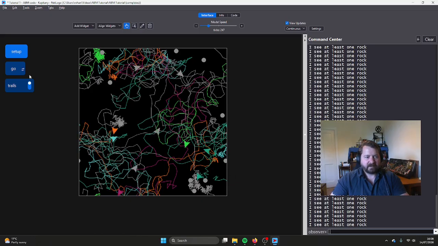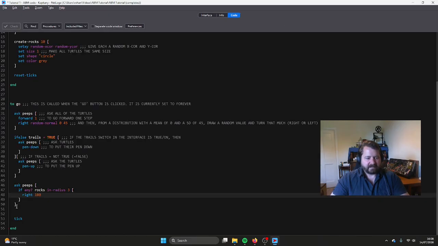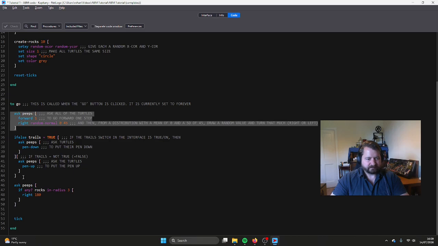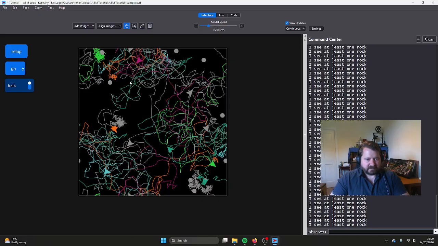Something's happening, but they're not doing exactly what we want. And that's happening for a couple of reasons. In our go command, we are asking peeps to step forward and then do a little random wiggle. And then we're also asking them again, if they see any rocks in radius 3 nearby, to turn backwards. But the problem is, you can see, because of the little up and down wiggle here and a couple of